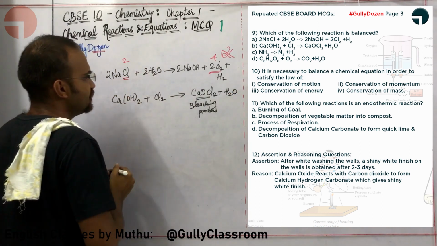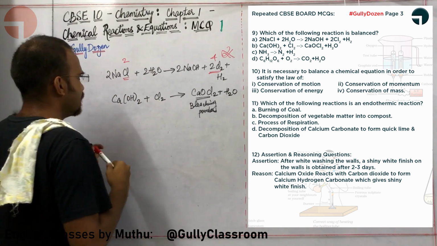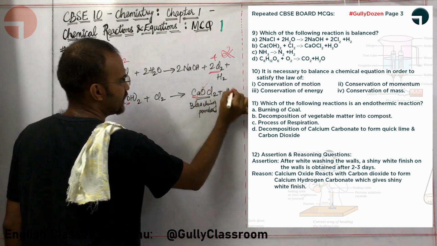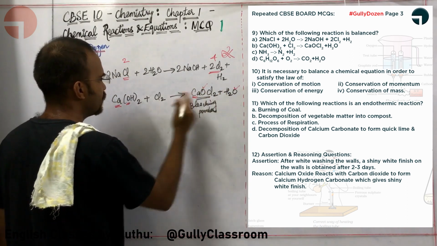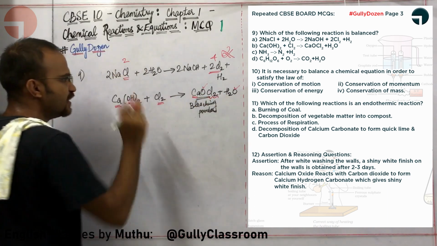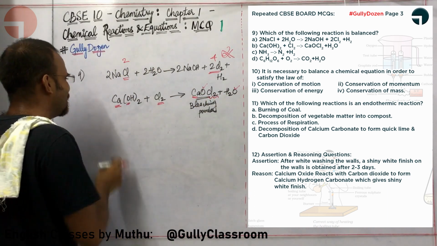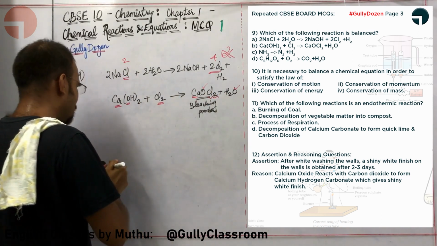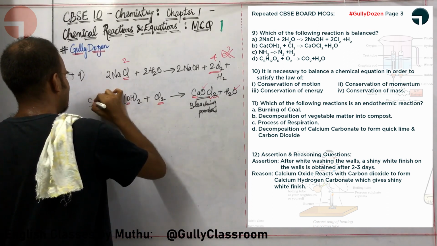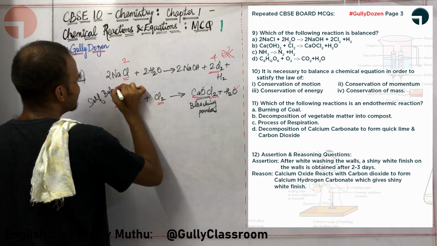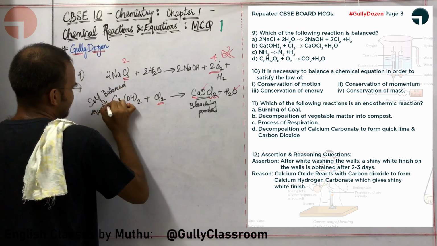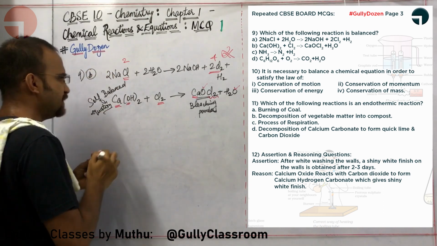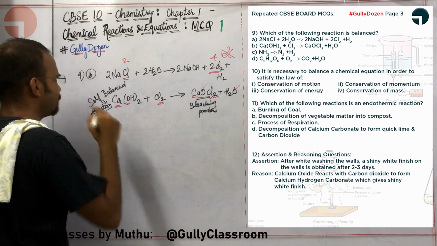Okay sir, now is this reaction balanced? Let me check. Here there is 1 Ca, here also there is 1 Ca. Here there is 2 O, here also there is 2 O. Here there is 2 hydrogen, here also there is 2 hydrogen, here there is 2 chlorine, here also there is 2 chlorine. This reaction is a self-balanced equation. I am not even adding any stoichiometric coefficients. Beautiful, sir. Even though I understand option B is the right answer over here, let me check the other two equations whether they are balanced.